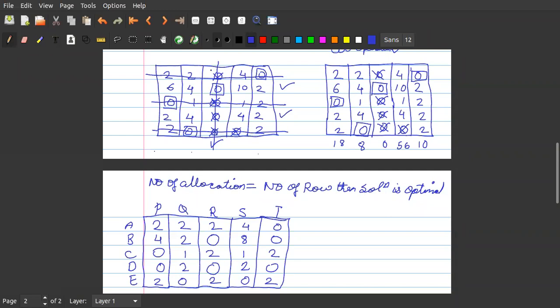Now which elements are remaining? Only 1 3, 3 3 and 5 3, because these elements are having a plus sign, one vertical and one horizontal line. So I will simply add the minimum value, which was subtracted from all the other elements. 0 plus 2 will become 2, 0 plus 2 will become 2. Is it?